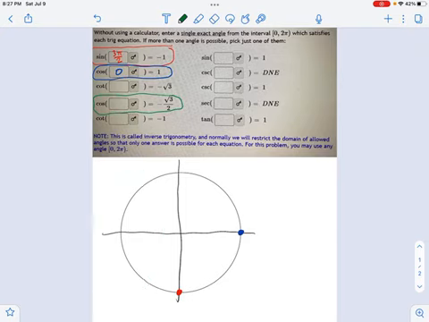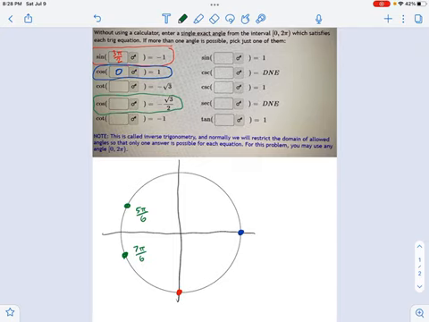Well, negative radical 3 over 2, that's a pretty big value. It's not as big as 1, but it's pretty big. And that's going to be the one that's located right here. But there's actually 2 places. The cosine of each of these green angles that I just drew right there: the cosine of 5 pi over 6 is negative root 3 over 2. And the cosine of 7 pi over 6 is also negative root 3 over 2.